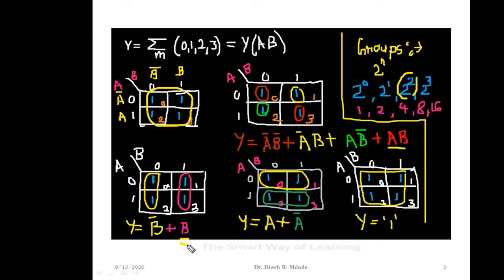Okay, but if we go with the higher order, further higher order grouping, that is 2 to the power 2, that is 4, in that case the output will be simply directly connected to the logic 1. So in this case, if we are going with the higher order grouping, the circuitry or the hardware obtained will be the most optimized one. This essence we need to remember if we want to get the optimized circuitry.